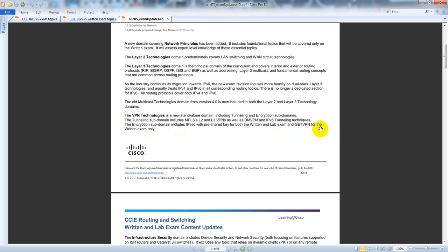And you're going to have GET VPN for the written exam. GET stands for Group Encrypted Transport. So that's going to basically allow you to kind of consolidate how things are encrypted. And we'll get into that when we get into the written exam topics. But